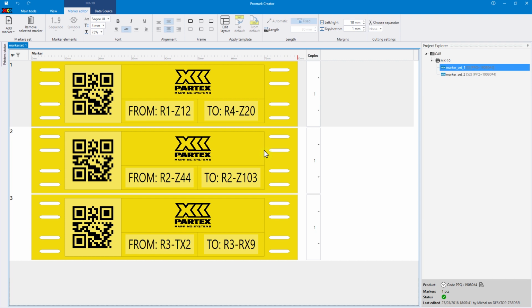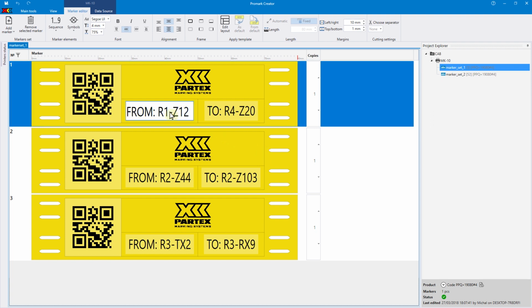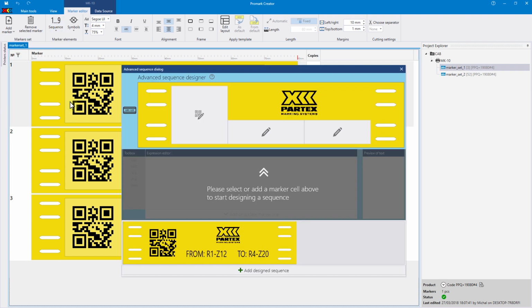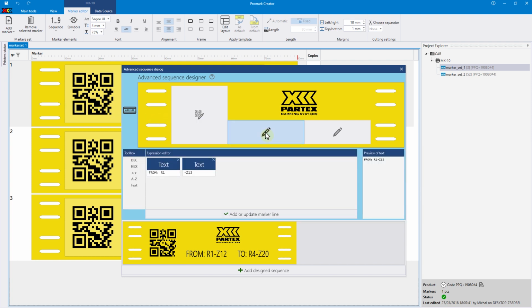Advanced sequences. If the specifics of your project include the use of more than one string in the marker content, you can use the option of building advanced sequences. Go into the Sequence Adding menu and select the Advanced button. You will see a dialog box where you can create marker content containing many sequences using the drag and drop function. The content of the line where the cursor was located will be broken down by its position to facilitate